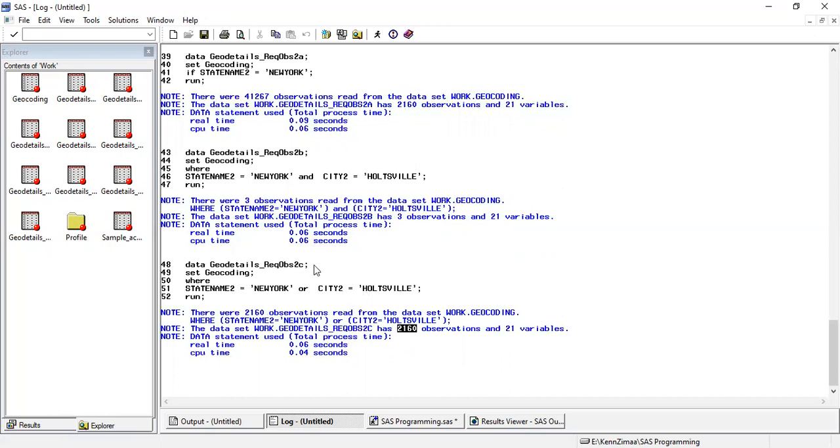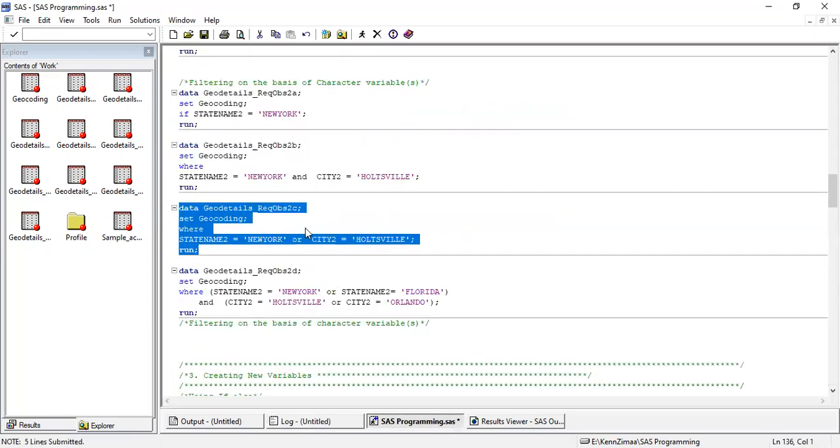Because of the construct of my data, I am having the same number of observations as when I was just passing the state name New York. So this is a very simplistic example. When we are working on actual data, depending on data type and requirement, the OR and AND conditions will work. This is just to give you a hang of how we program within SAS.